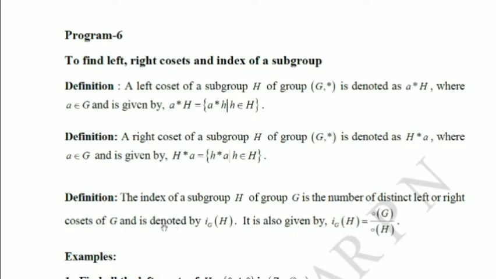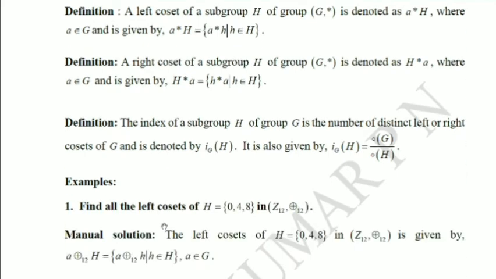Now let us see some examples. The first one is: find all the left cosets of a subgroup H, where H is a subgroup of a group Z12 under the binary operation addition modulo 12. And we know that the elements of Z12 are 0, 1, 2, 3, 4, 5, 6, 7, 8, 9, 10, 11. And any left coset of a subgroup H of a group Z12 must be of the form